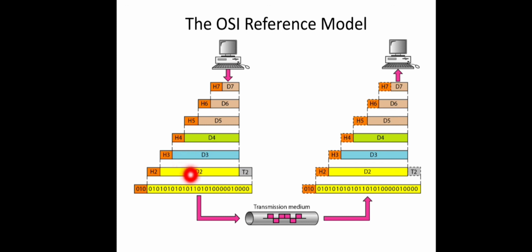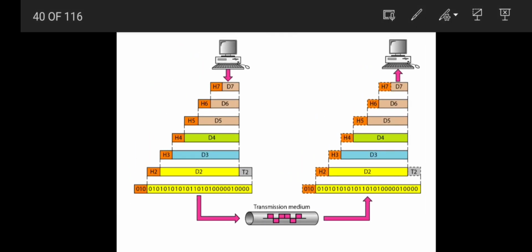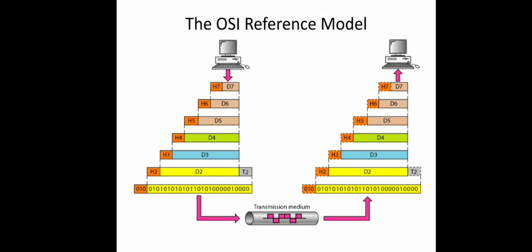The data link layer will attach its own header and trailer part with every packet. That will contain some error control information like checksum, right? And also the header part will contain the MAC address of the sender and the receiver, and that will be passed over to the physical layer, where this entire data packet or data frame will be treated as a sequence of bits, and that will be transmitted over the media, and the reverse happens on the receiver side. So that's all about the ISO OSI reference model.